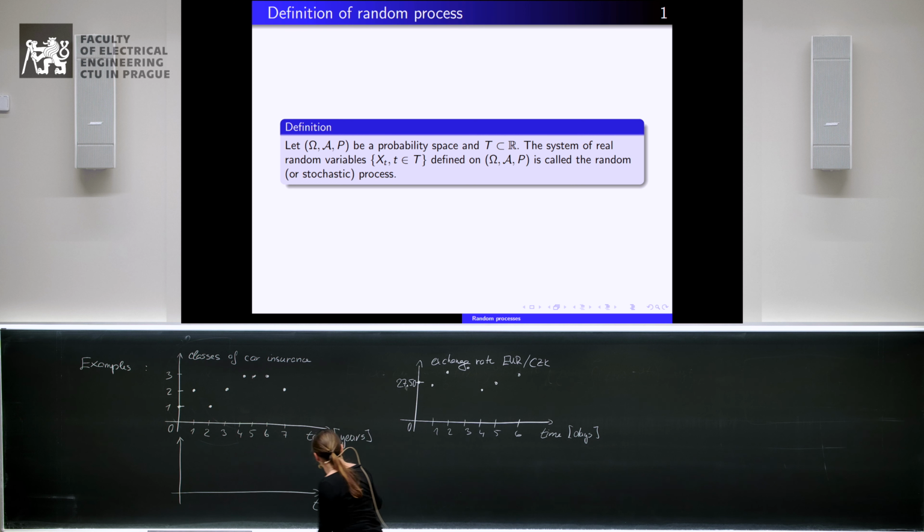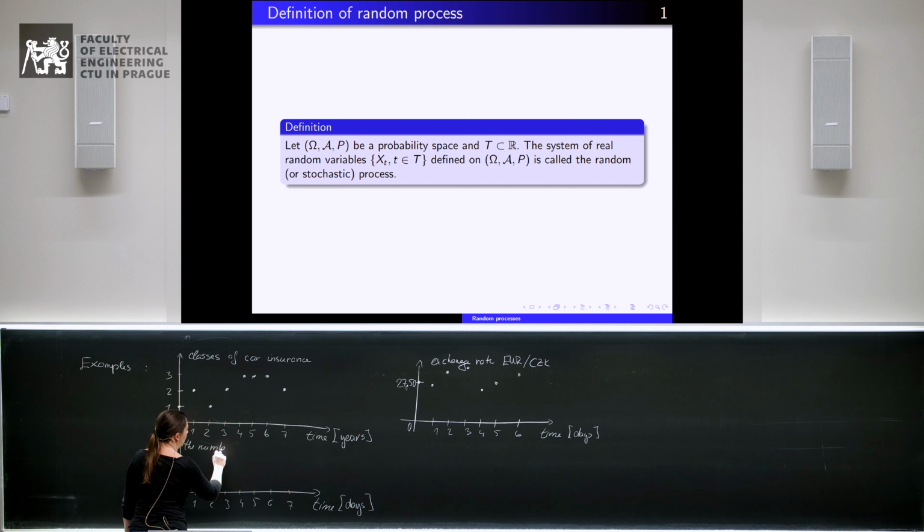So we can consider the time, let's say, again in days, and on the vertical axis, we will have